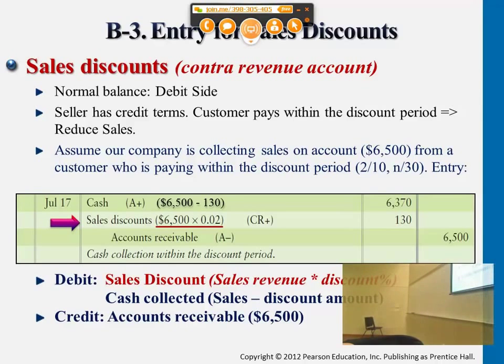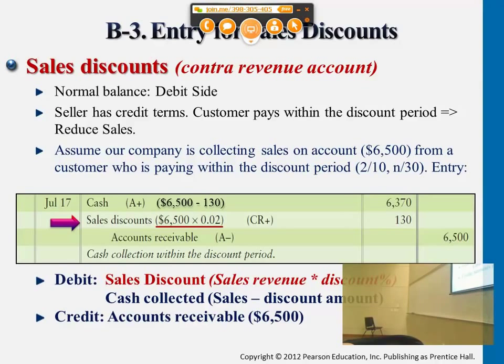Okay, so in this case, earlier we made, let's say, sales transactions that were worth $6,500. Originally your company should be collecting $6,500. But since the customer pays within 10 days, which is still within the discount period, they get 2% off the $6,500. So you see in the middle here, without the discount it would simply be cash and then accounts receivable, that's all. Without the discount, it would be the full